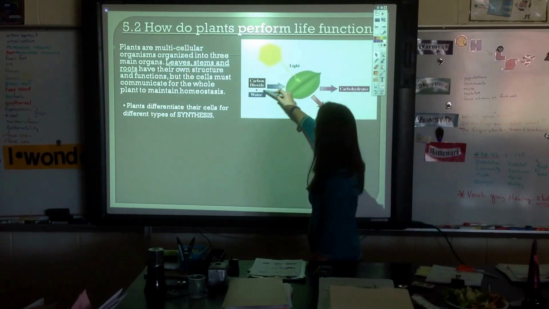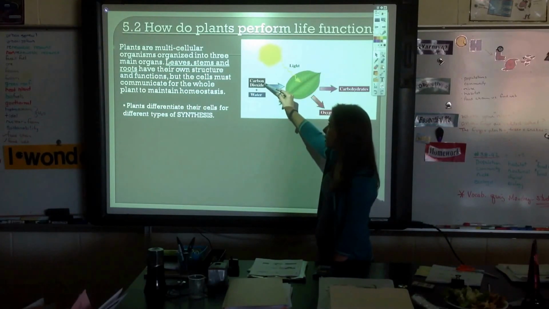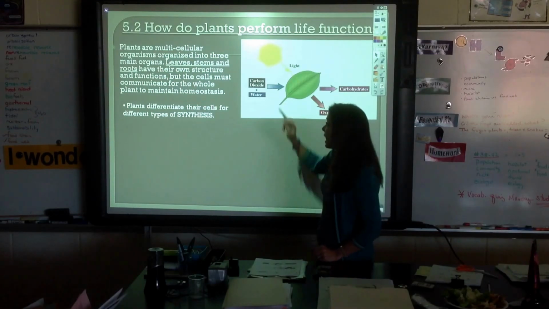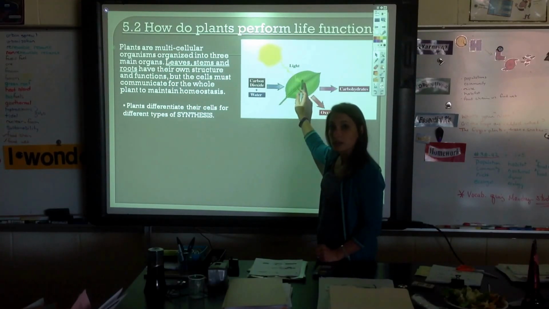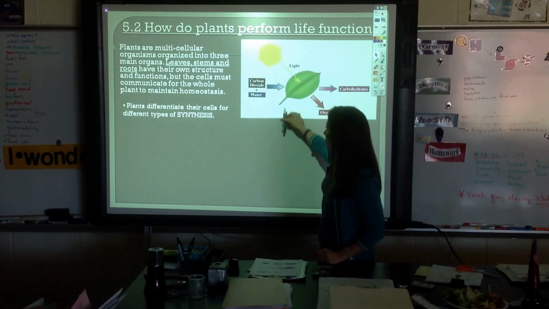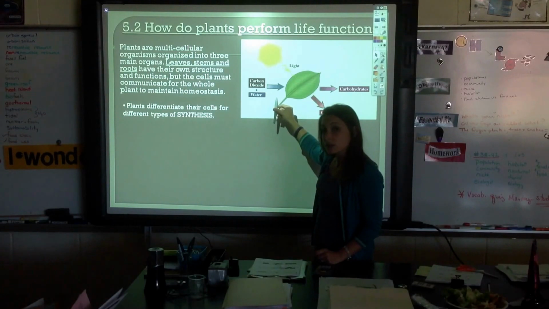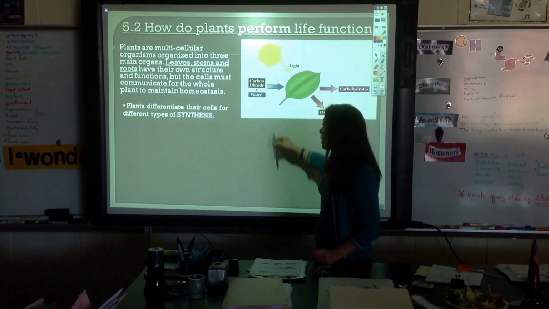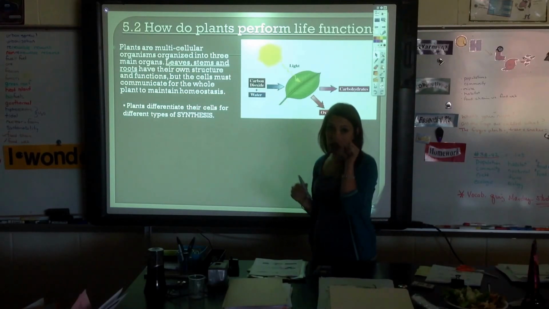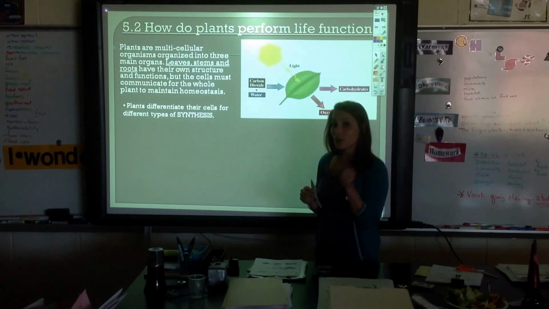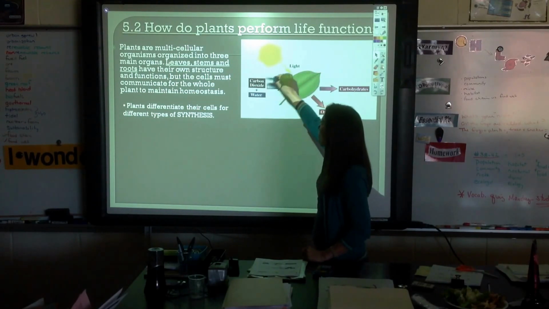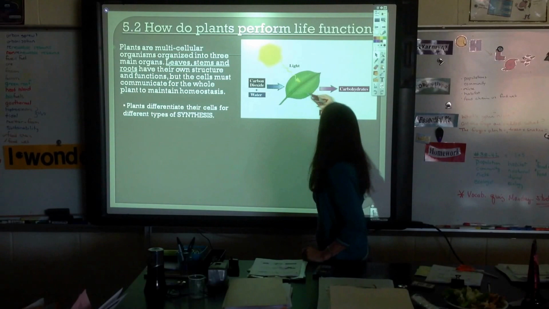You can see that coming into the leaf are going to be carbon dioxide gas and water. And we talked yesterday about how water gets up to the leaf, so this is a little bit of a review. Water is transported up to the leaf using some cells called xylem. Xylem carries water up. Carbon dioxide will come into the leaf through a tiny hole called a stomata. And so coming into the leaf are carbon dioxide and water, and the plant will use light to build a